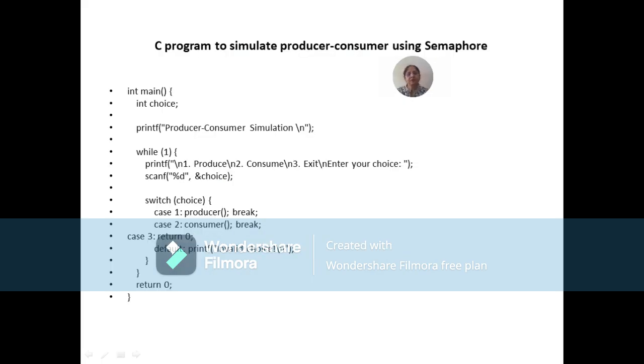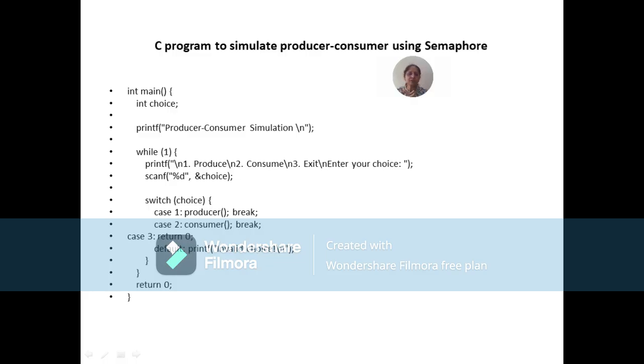Always remember, the execution of the program always starts with the main function, that is the entry point of our program. So when we explain the program, we have to start explaining from the main function. Whatever I explained to you till now was the declaration of some variables, declaration of semaphore.